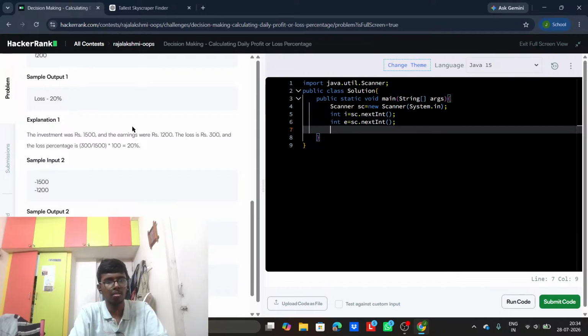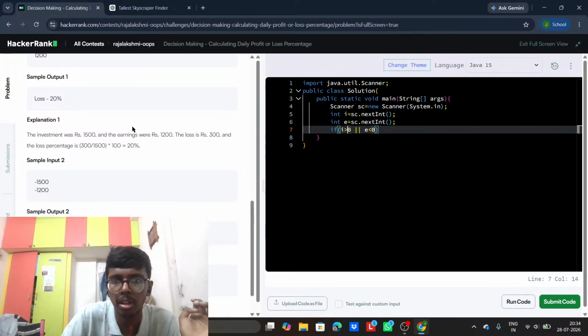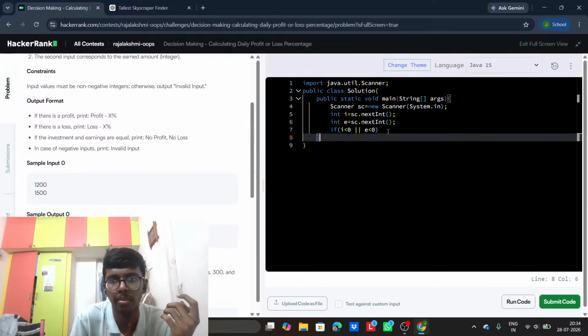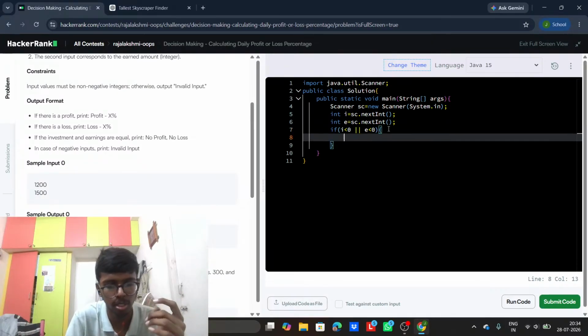Okay, now we first have to use an if statement to check if I is less than 0 or E is less than 0, using the less-than symbol. I don't know why I put the opposite there. If I is less than 0 and E is less than 0, then we just check again in case of negative only. So I'm right. I was thinking about putting the equal to sign there. We have to print